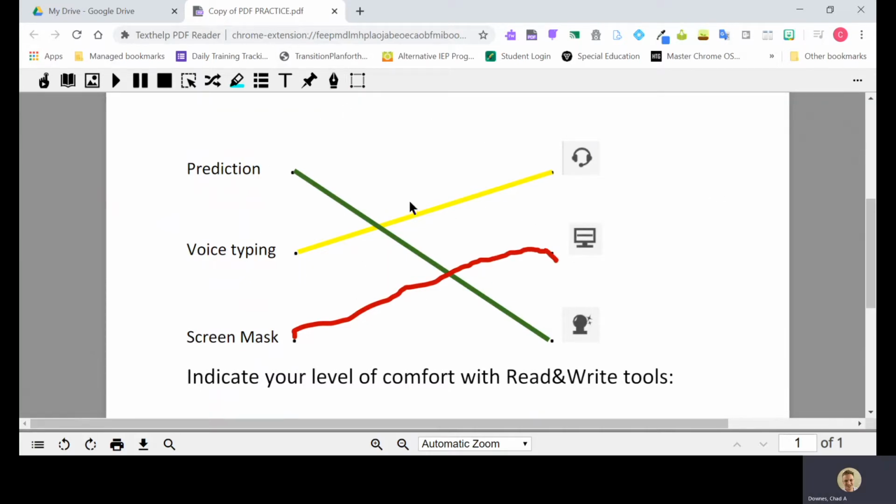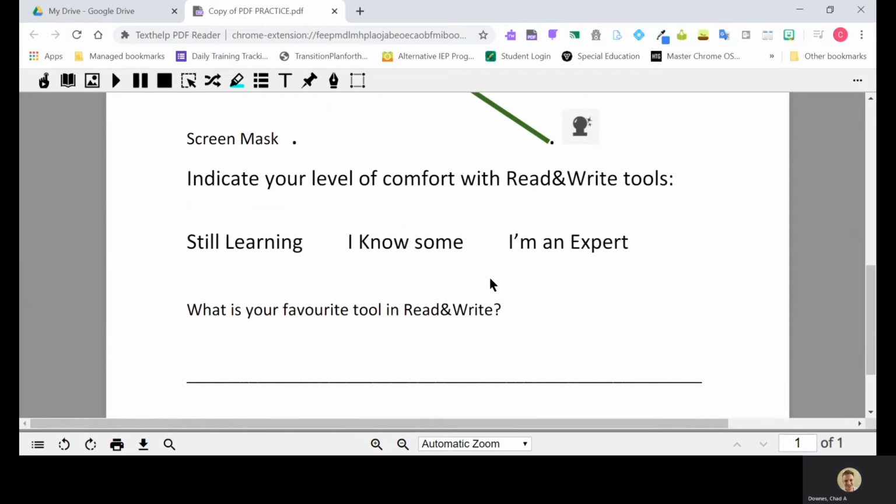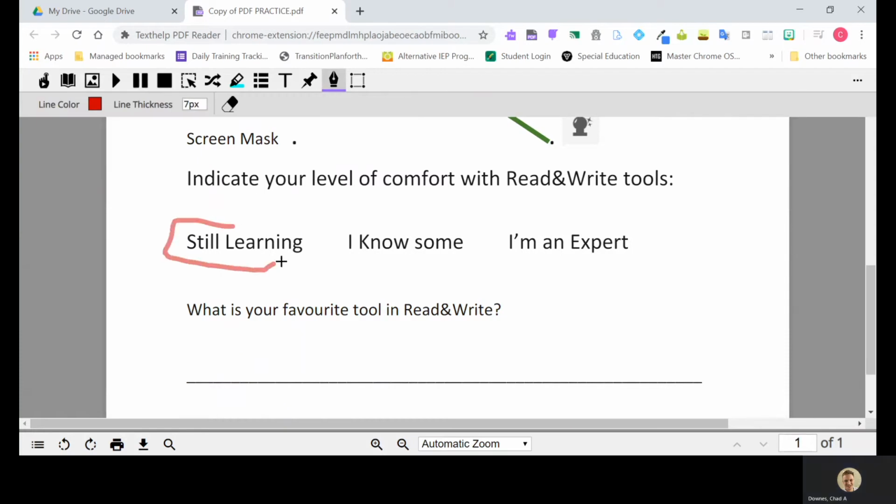If I do want to delete one of my lines, after I turn it off, I would then be able to click on the line, and I can either hit the check mark or the delete button, or I can drag it to move it. So we're going to delete it. Now down here, indicate your level of comfort with the Read and Write tools. We're still learning. I know some, or I'm an expert. So we have some different tools that we could use. We could practice using our freehand drawing again, and we would circle around it. That's one option. Our other option is using our shape tools,